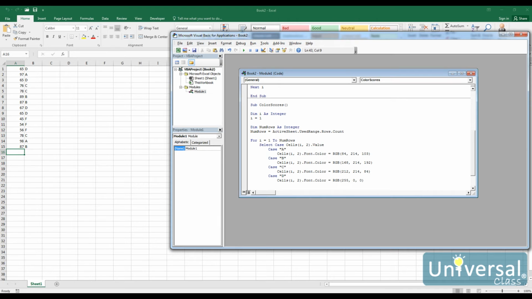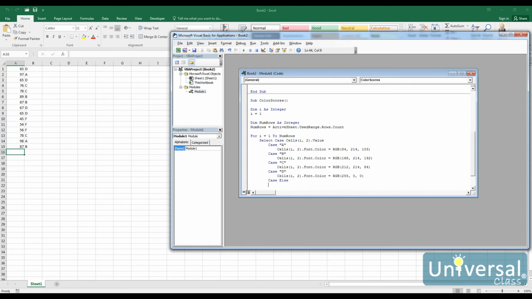but I didn't specify anything for F yet. And the reason for it is if it's not an A, not a B, not a C, or a D, it must be an F or something else. And so what I'm going to do is I'm actually going to say case else. And then no matter what it is, anything other than an A, B, C, or D, then it'll be formatted